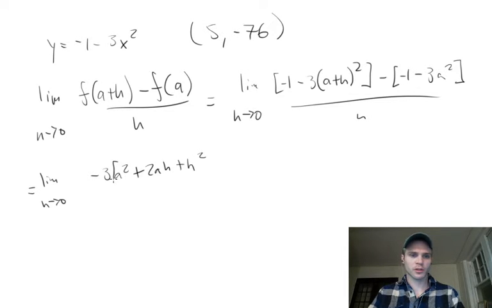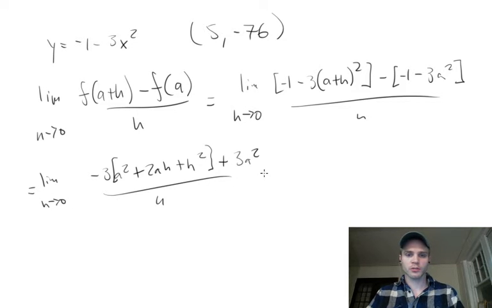And this gets distributed here. Actually, let's do that now. Well, I shouldn't be lazy. And this is going to be minus, or actually plus, so minus a -3a squared over h,